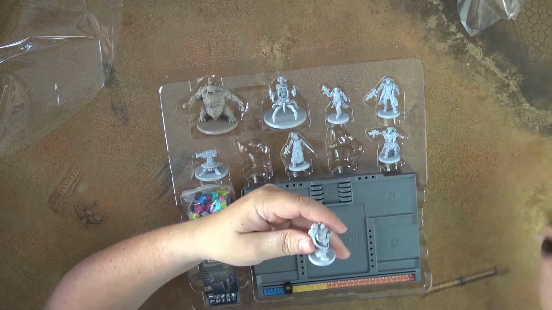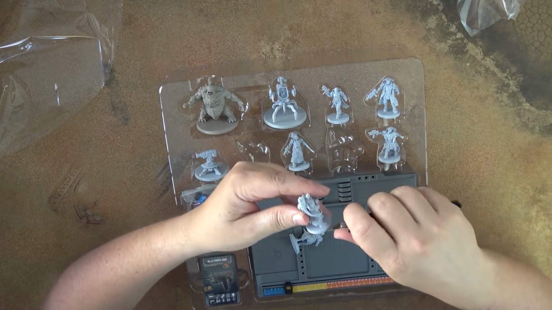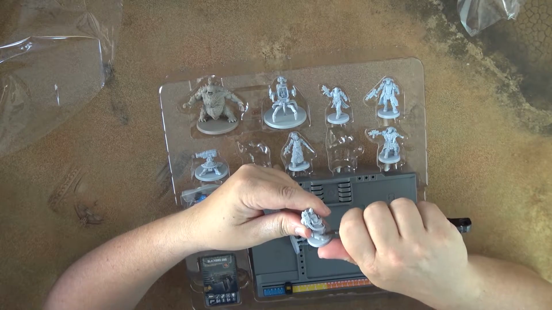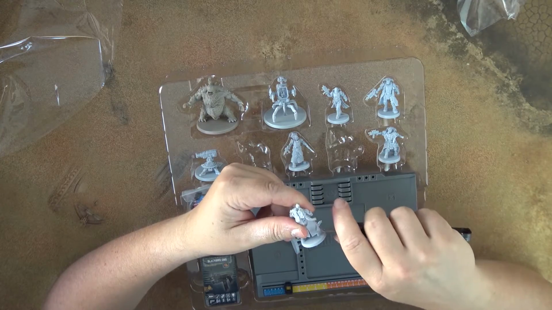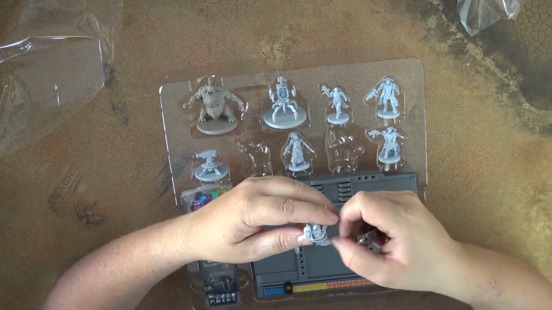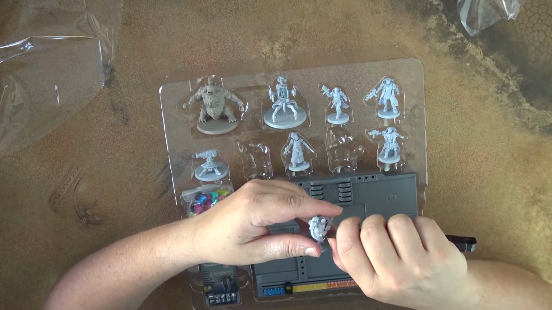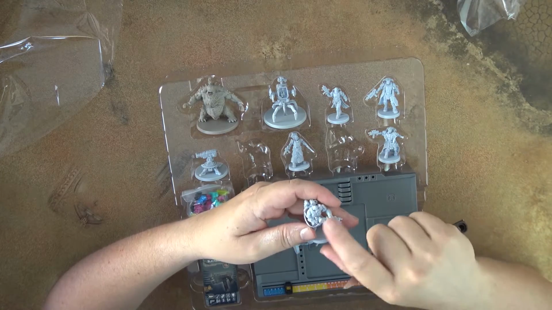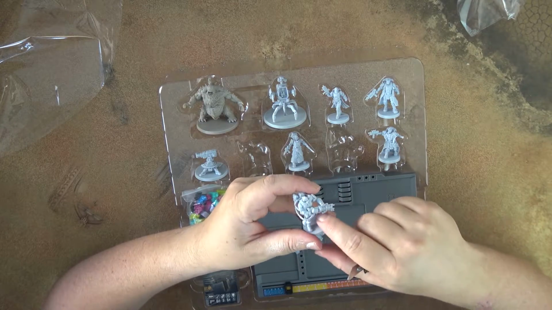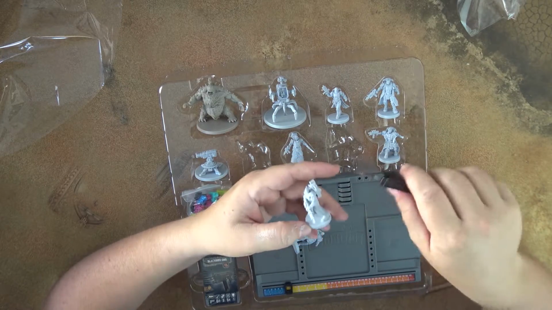Let me try something. I see a very small mold line here, and what I usually have a problem with on the PVC minis is that I cannot scrape it off. Yeah, this goes much better than with the other PVC miniatures that I was preparing for painting. Usually the PVC is quite rubbery, but this plastic is much harder. I like it. This means that it also is easier to work with when you want to scrape off the